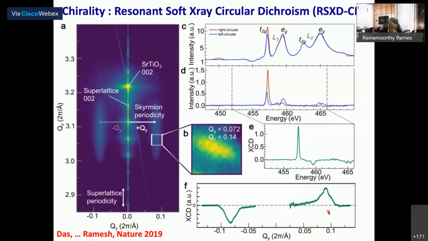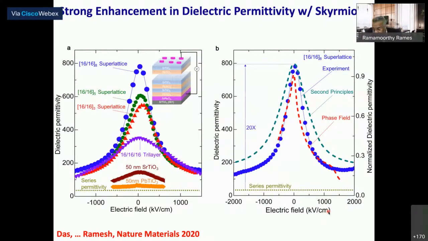Okay. So that, to us, has been the big learning: that you can take two materials, lead titanate and strontium titanate. Of course, lead titanate breaks inversion symmetry. Strontium titanate is cubic. You put them together, you create these kinds of textures, and the material is chiral. And you can manipulate that chirality with electric fields. Very fascinating. Last piece of that data, and then I will finish up, is this was the recent paper that